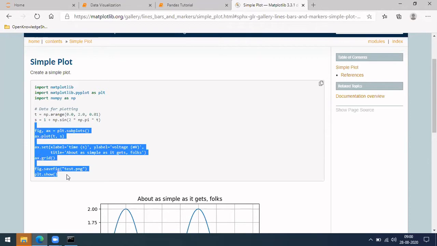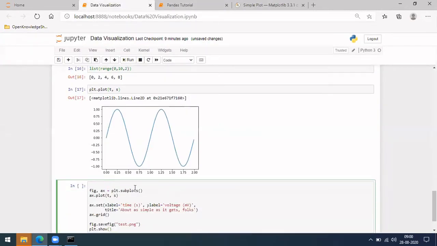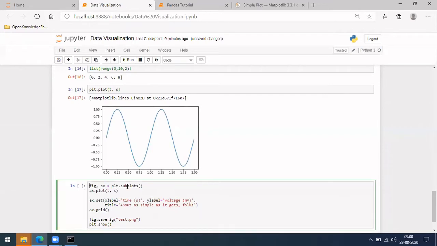And you can save that plot locally as well. This is one way where you are defining a kind of subplot. Then in ax plot, you are plotting with the arrays, similar to what we did with plt dot plot.